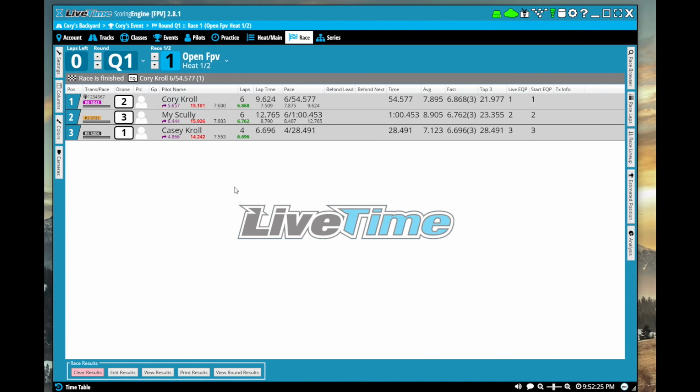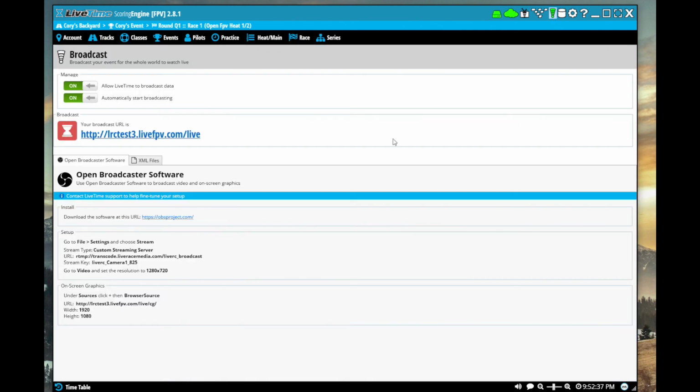Something you might not have noticed, but it happened, is that this race, as it was running, was actually also being broadcast live. That's because you'll see this icon here in the upper right corner, this green icon here, that is the Live FPV Beacon. You'll notice that it automatically is set to start broadcasting. So the moment you start a race or you start practice, the system will start throwing data out there on